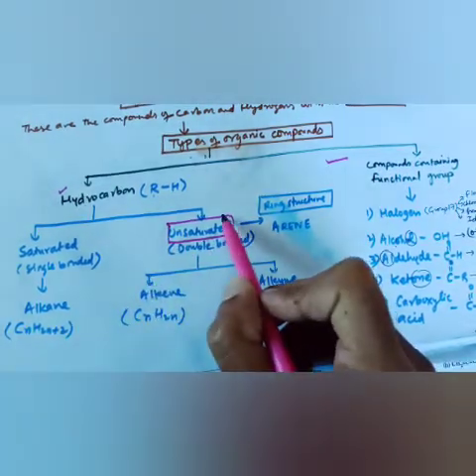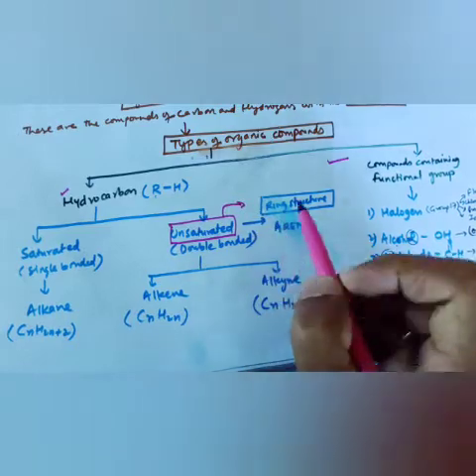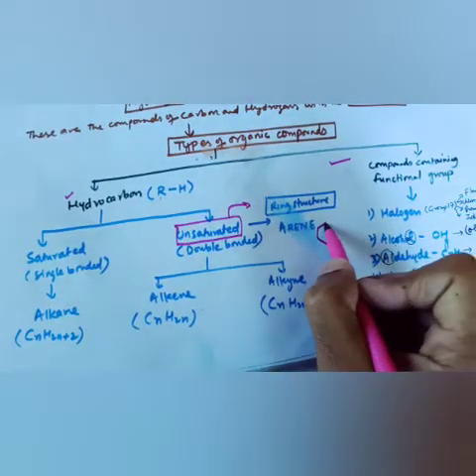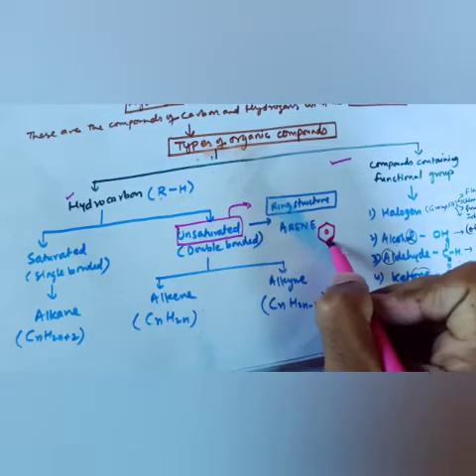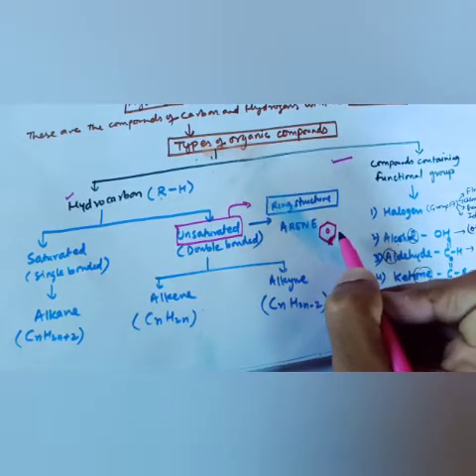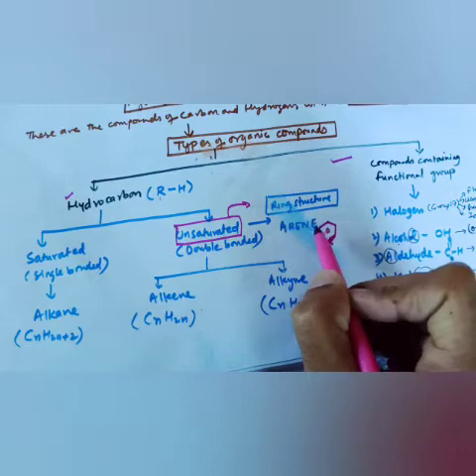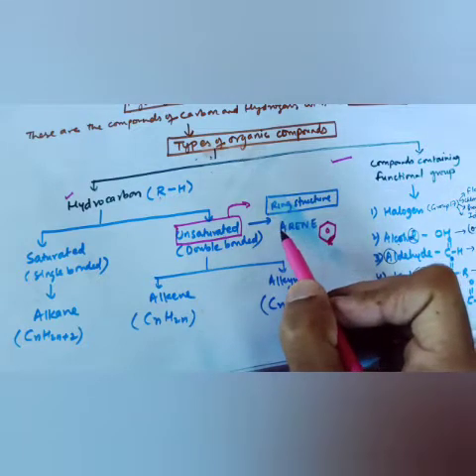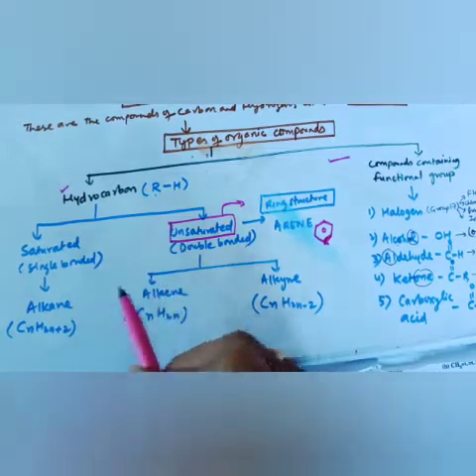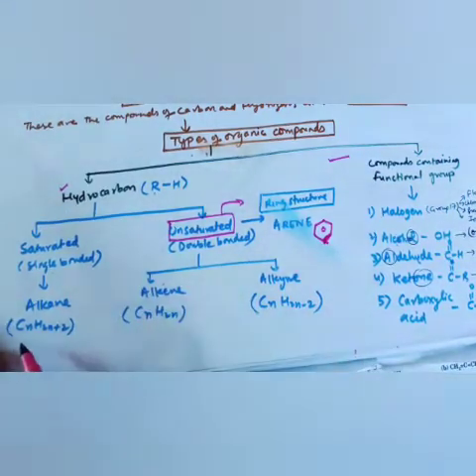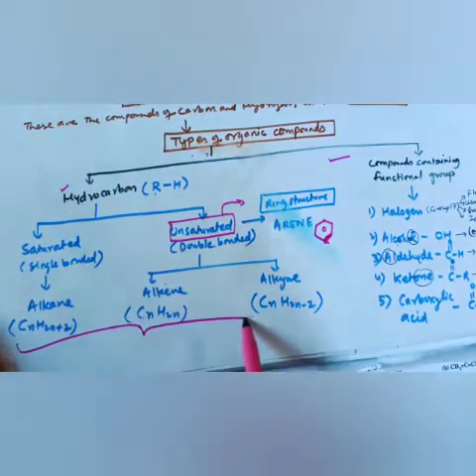There is one more type, the ring structure. Whenever we see this type of carbon, you have not studied it in 10th. This is a new thing. That is benzene, suppose. With benzene, if any functional group is attached, then it is a ring structure that is called arene. So dear students, in simple words, single bond, double bond, alkane, alkene, alkyne are called